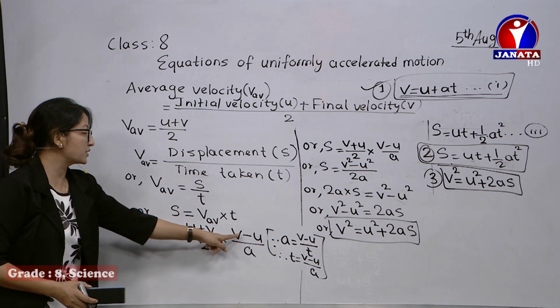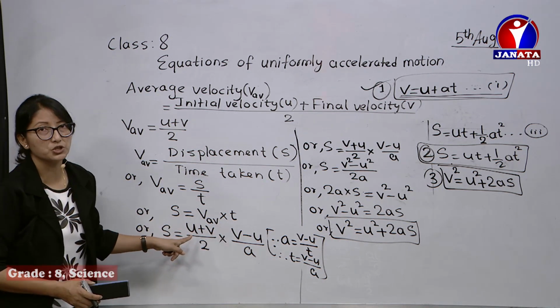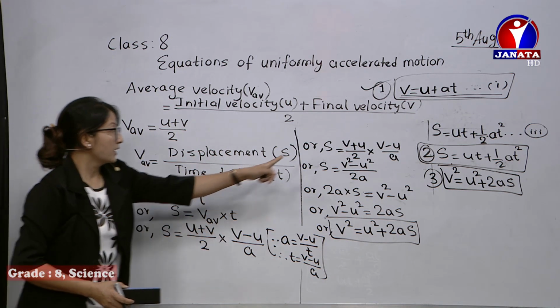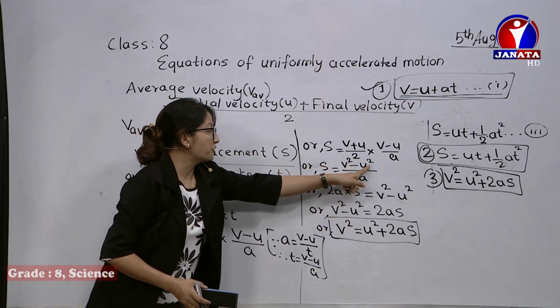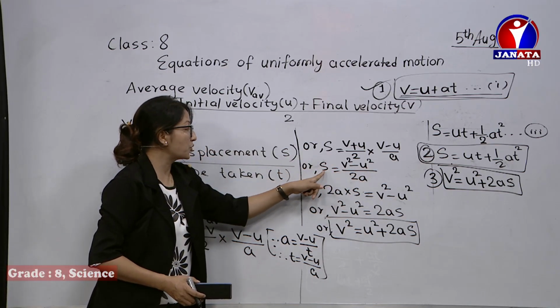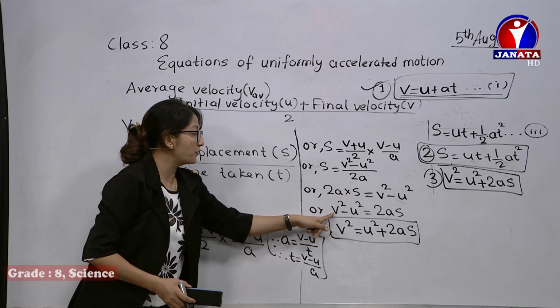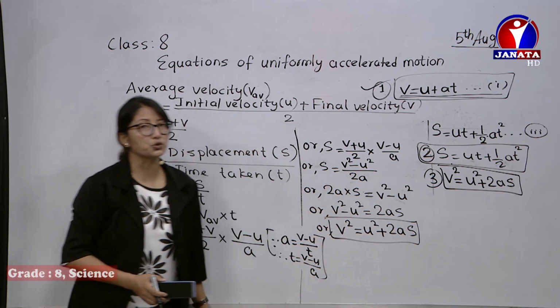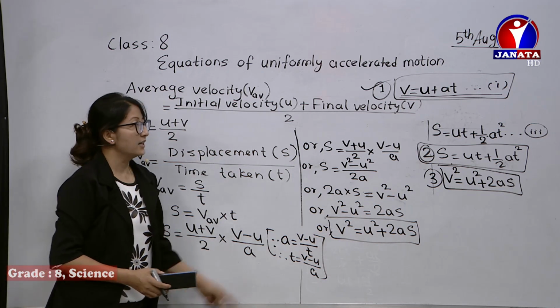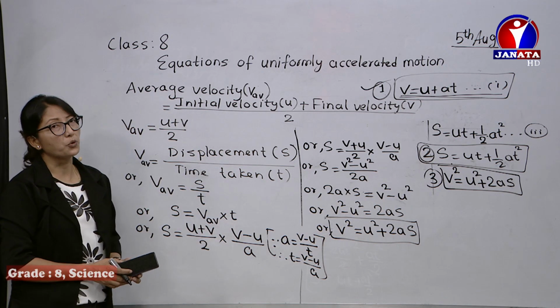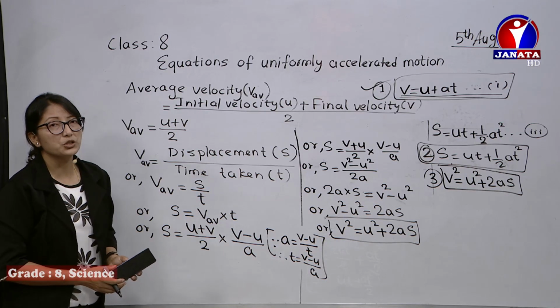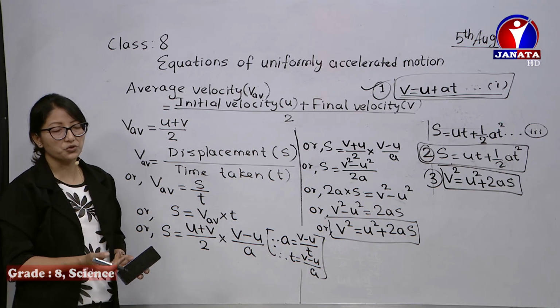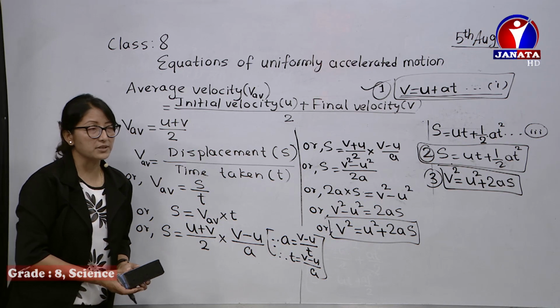And we have simply kept it in the formula a square minus b square equals a plus b, a minus b. We have kept it in this form, like v square minus u square, and simply cross multiplied, and we get the value of v square like this: v square equals u square plus 2as. In this way, there are three equations of motion. These are the three commonly used equations of motion for solving different numerical problems related here.